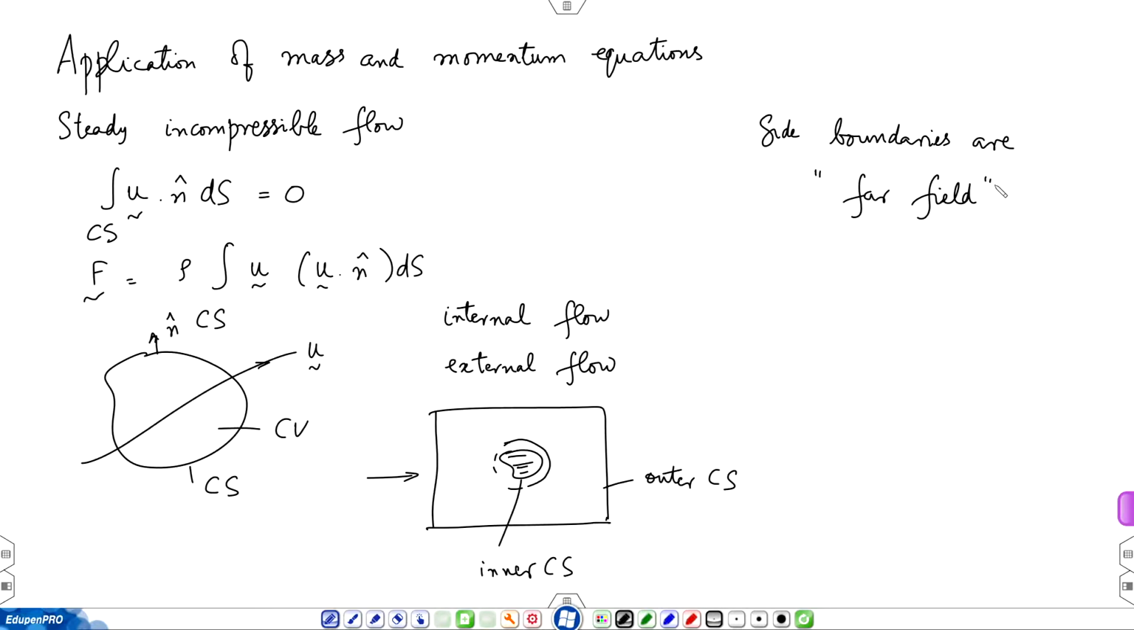So, the implication, for example, let us name this 1, 2, 3, 4. So, the side boundaries would be 3, 4, 1, 2. These are side boundaries. So, these were picked from a convenience viewpoint. So, that here the x component of velocity